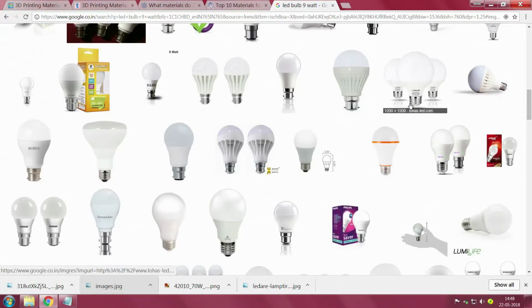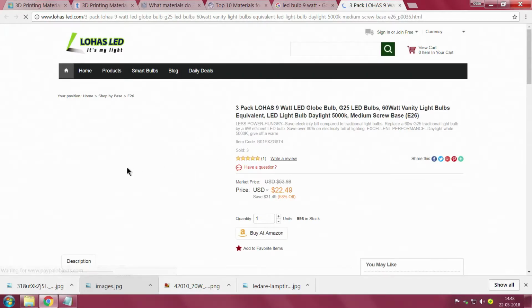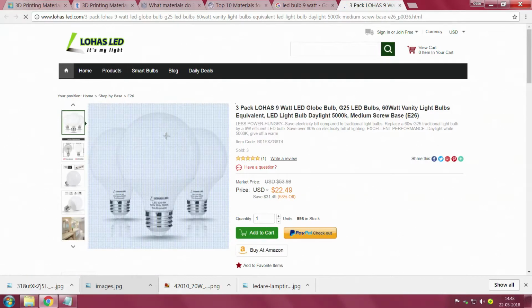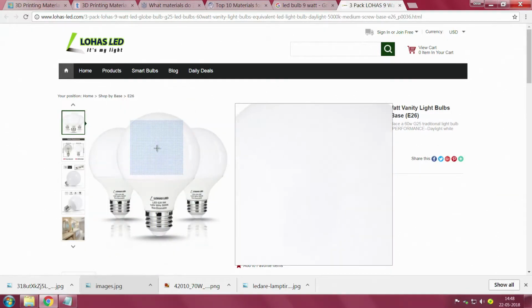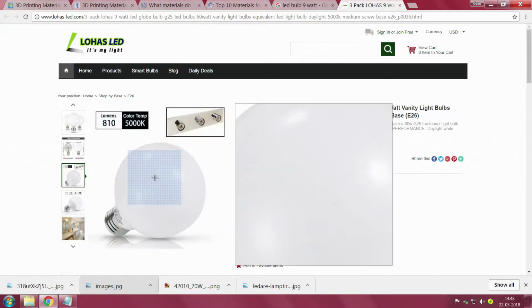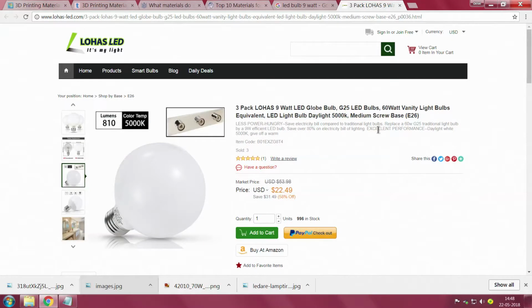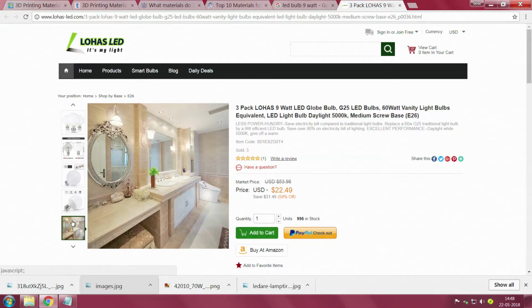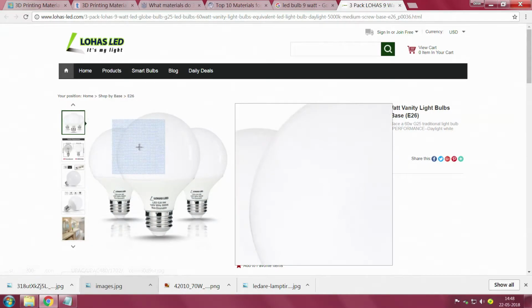I seem to have missed the correct one, this is the same thing here. I have a beautiful LED bulb here which is almost a perfectly round globe, and when you suspend it and view it from a distance it has a look which will spread light around, and it is really interesting to see such things.